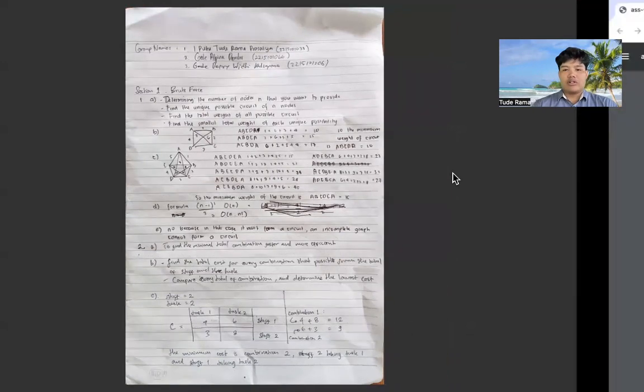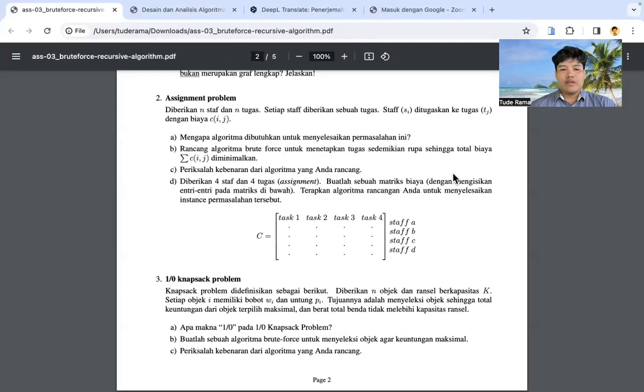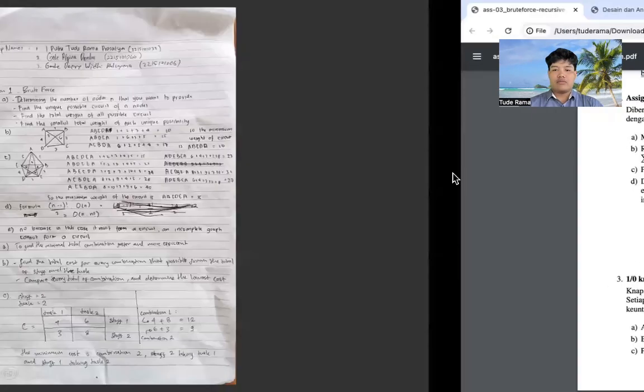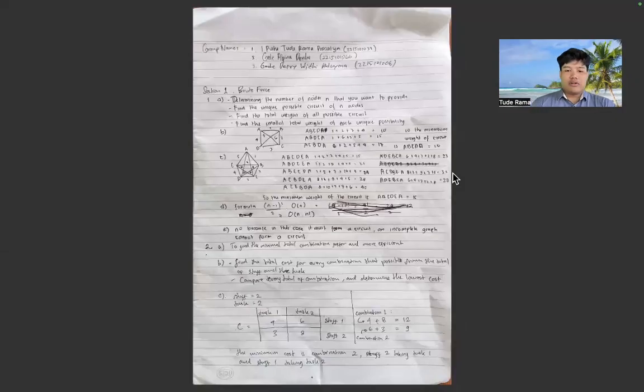The second is to make a brute force algorithm to minimize the cost for every staff that takes a task. My answer: first, define the total cost for every possible combination of the staff and the tasks.